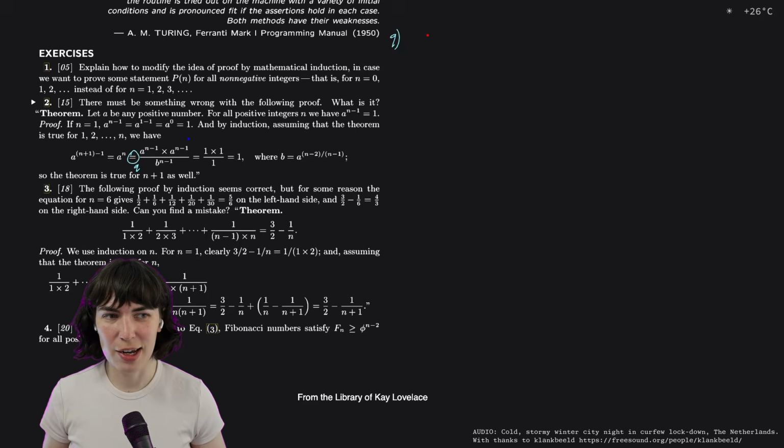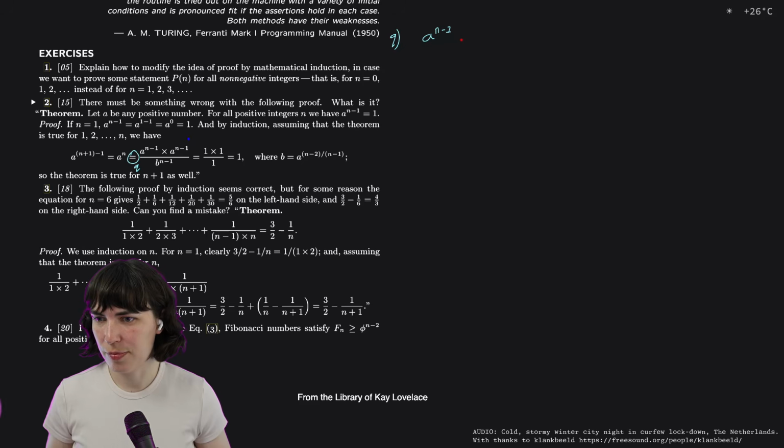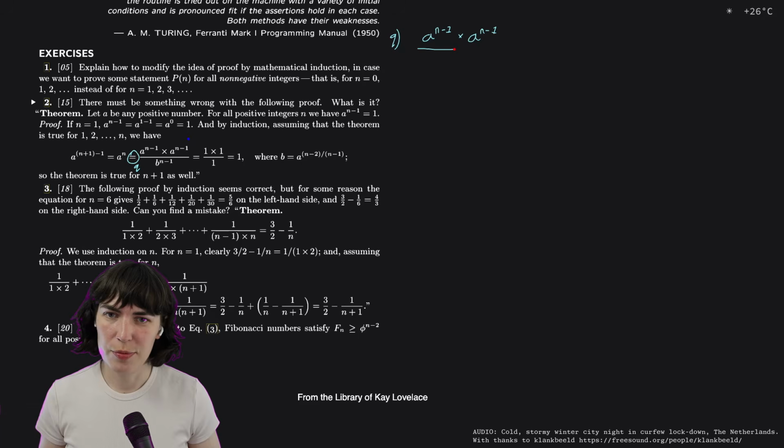So I'm going to do that now, just so that I capture it, and also extra practice, I suppose. So we've got a^(n-1) multiplied by a^(n-1). What am I doing here? 1 over